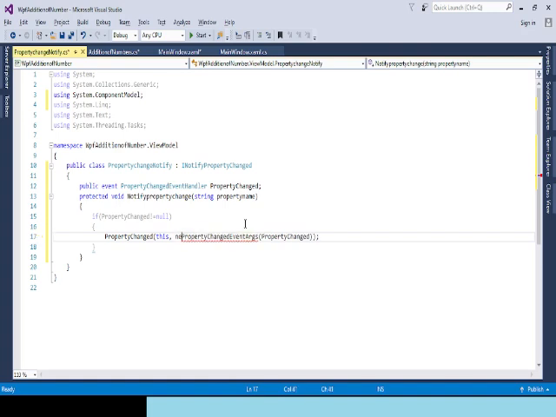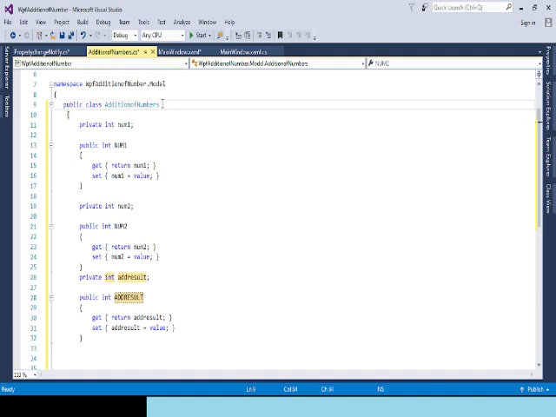Here we will use the new operator, okay. Here we pass the property name. Done. So just inherit this class into your